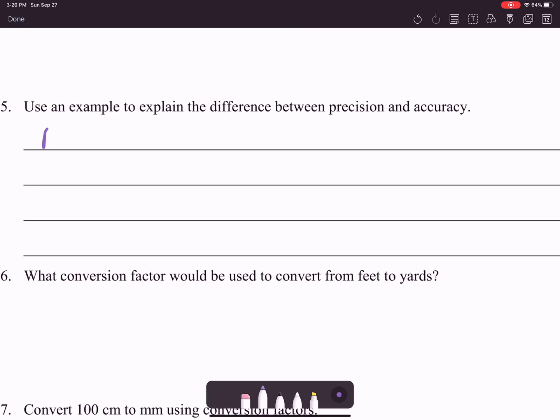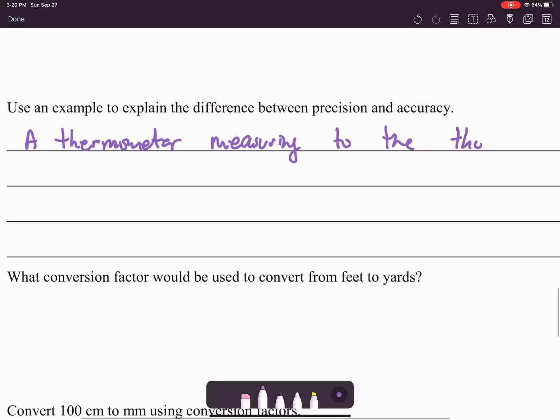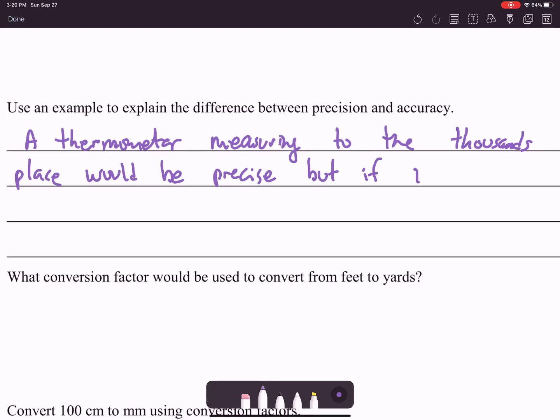A thermometer measuring to the thousands place would be precise, but if it measured, say,